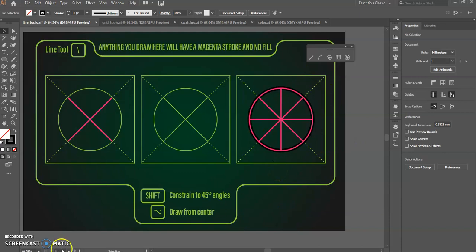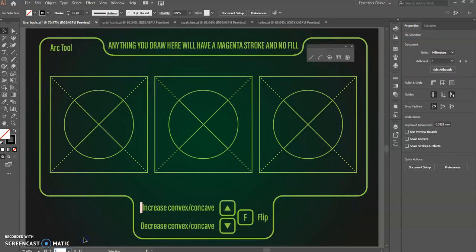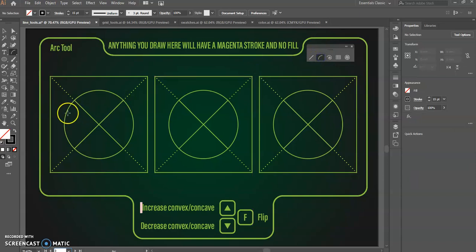For the next one, I'm just going to click down here where we've got multiple artboards. Okay, if you click on the drop, well, I don't know if it's a drop down because it's at the bottom, drop up, I guess. If you click on the one arcs, so the arc tool, anything you draw here will have a magenta stroke and no fill. So let's click on the next one, the arc tool. So we'll just grab the corner piece here. As we start to drag,